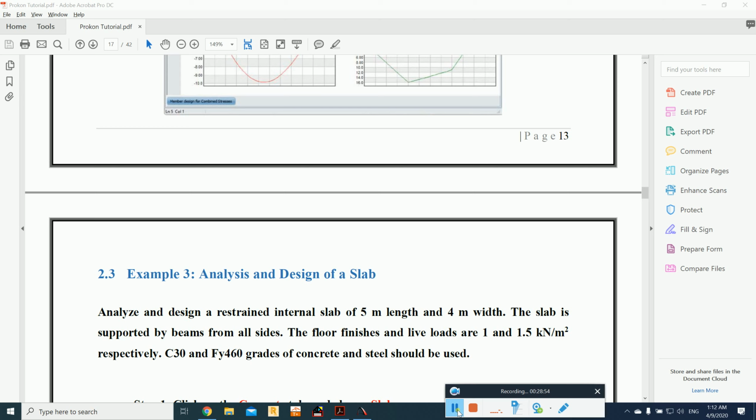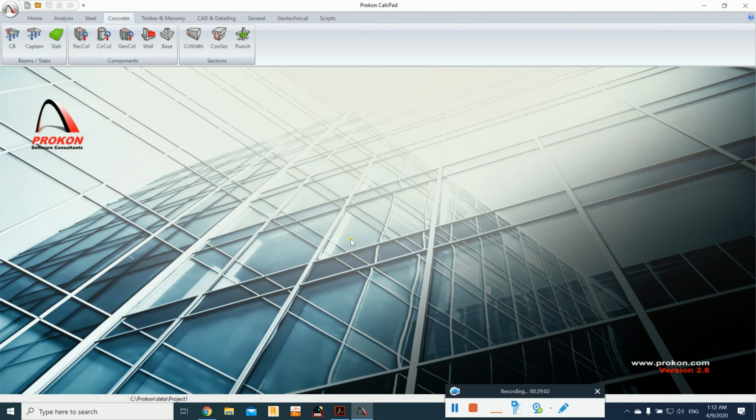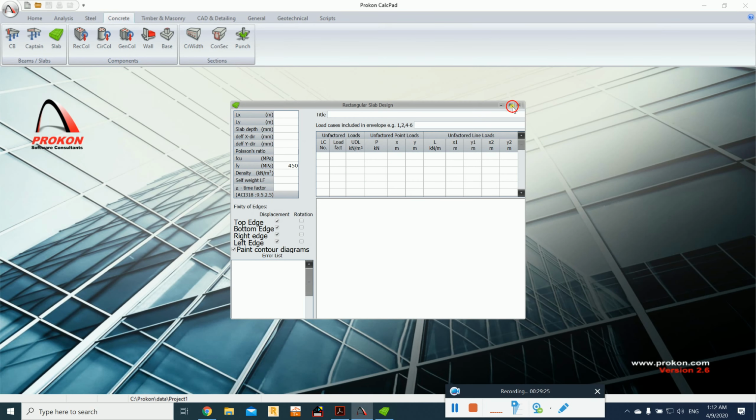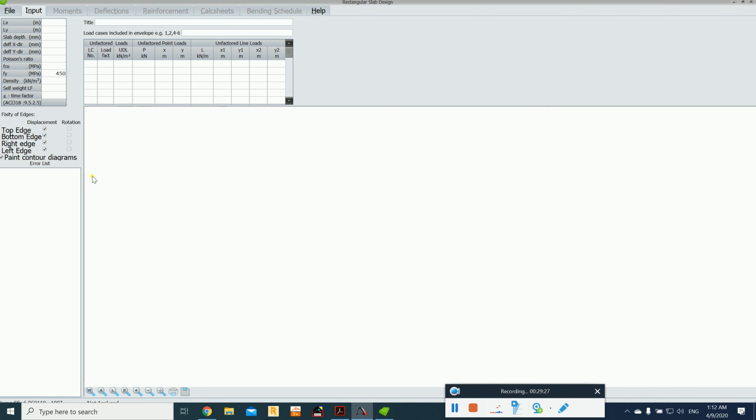Now going to Prokon, and then we'll learn what the meaning of internal is over there as well. Now in the concrete tab we have different options. Mainly we are going for a slab. Now we can see a lot of things are there. We need to understand them so we can analyze and design our particular